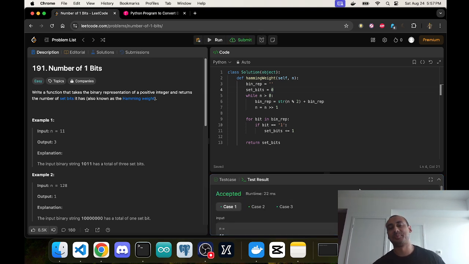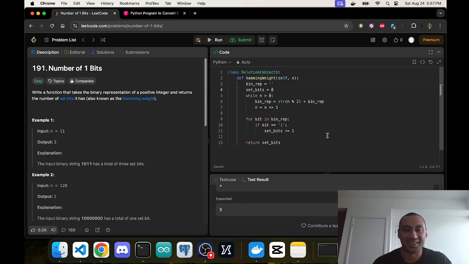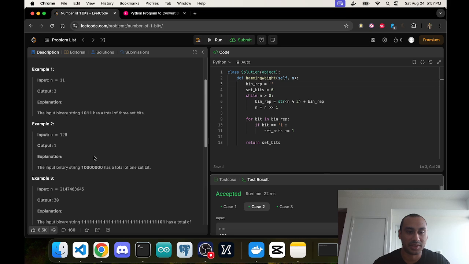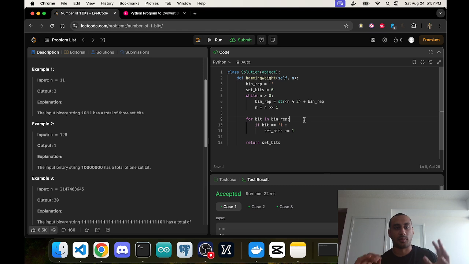There you go. See? So you get output 3. Sorry guys, while I was explaining to you, I forgot to clear this out, and then it ended up doubling the output. So now I have 3 here, and if I go to case 2, which is 128, you just extrapolate the logic, right? Once you can solve it for the smaller cases, like we only had a 4-bit number,